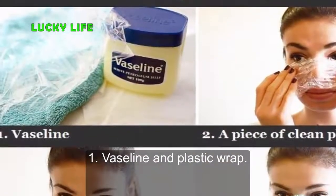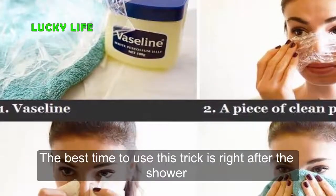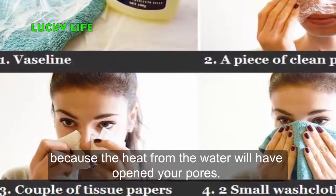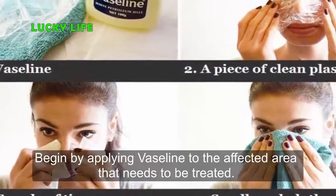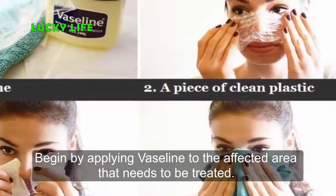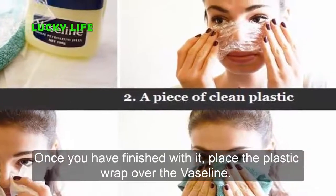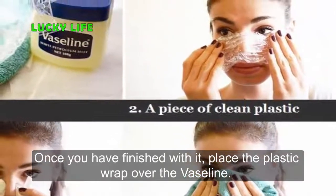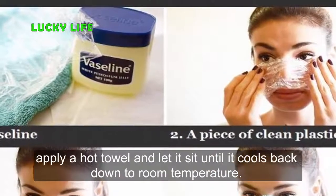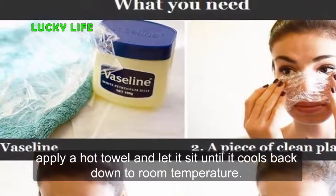1. Vaseline and plastic wrap. The best time to use this trick is right after the shower because the heat from the water will have opened your pores. Begin by applying Vaseline to the affected area that needs to be treated. Once you have finished with it, place the plastic wrap over the Vaseline. With the wrap still in place, apply a hot towel and let it sit until it cools back down to